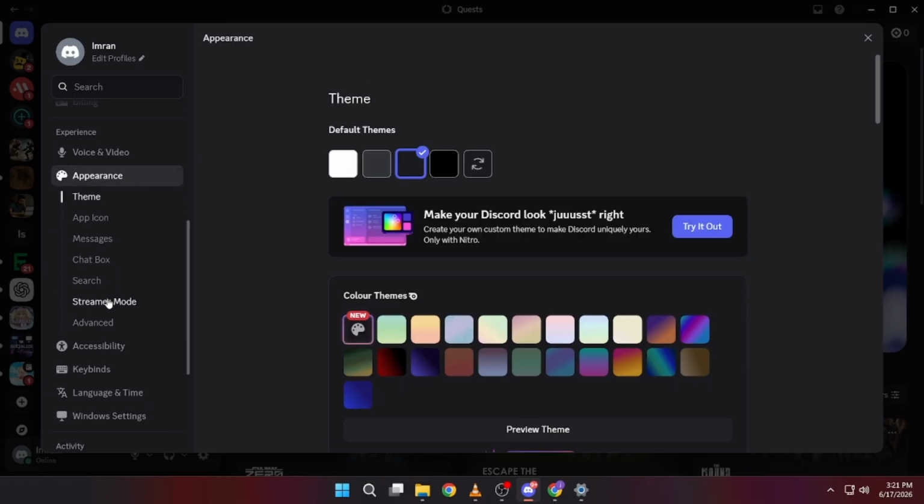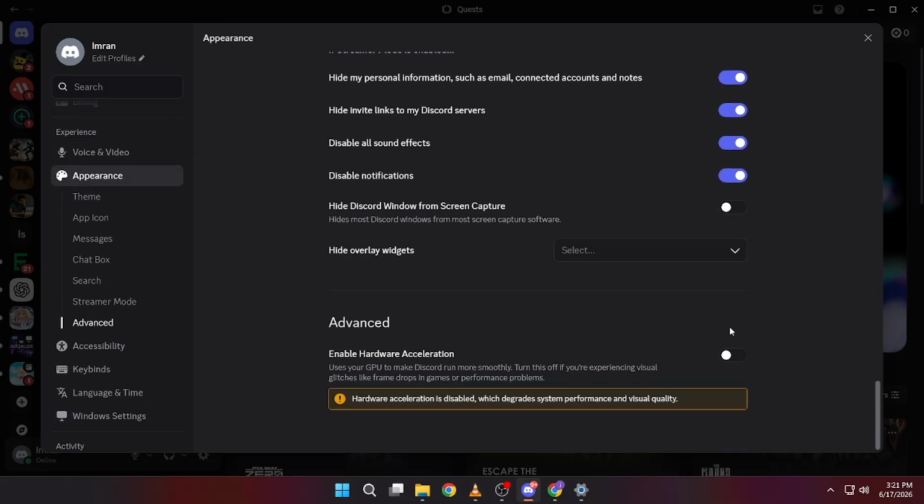As a final step, try disabling hardware acceleration in Discord settings. Restart the application afterward and test the camera again. This simple change can sometimes solve stubborn camera problems, and that's how to fix Discord camera not working